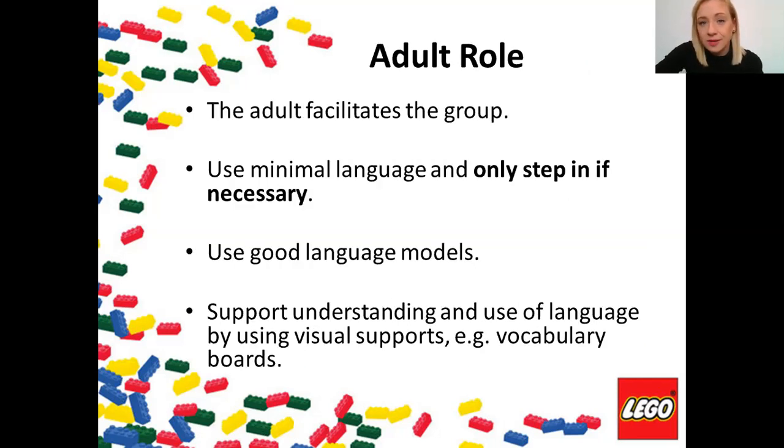The adult role in the group, trying to use minimal language and really only stepping in if necessary. So we want this to be as natural an interaction between the young people as possible. So trying to hold back if you could see that a communication breakdown is about to happen or is happening, and just wait and see what happens, and really only stepping in if you feel like it cannot be managed